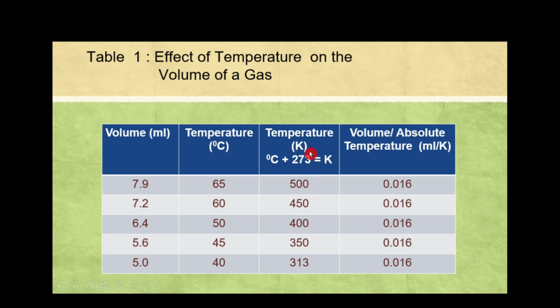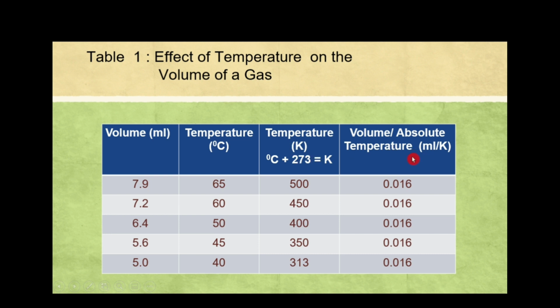So the temperature values as we go downward still decrease. Okay? Now, on the last column, we have here the constant value when we divide volume with the temperature expressed